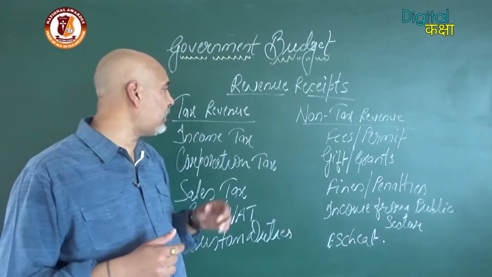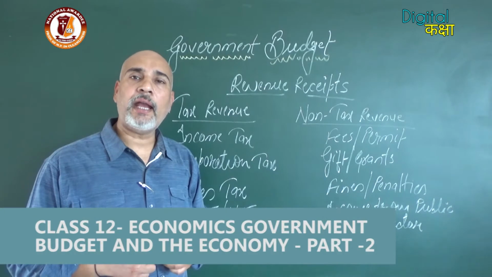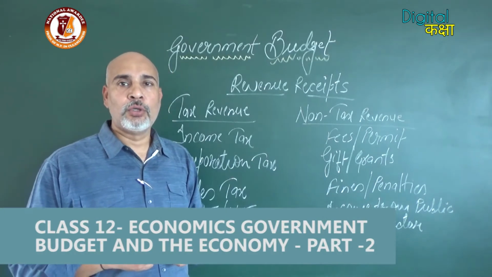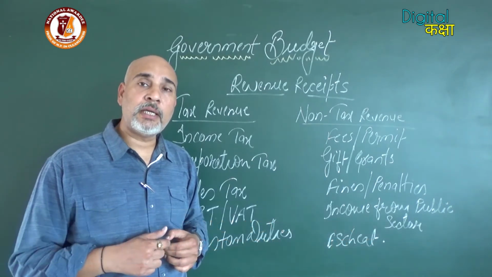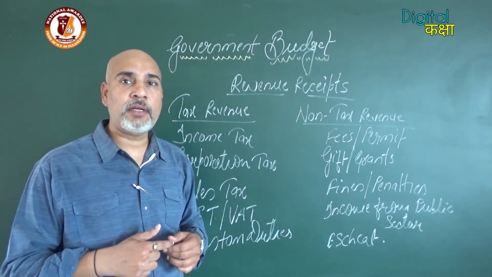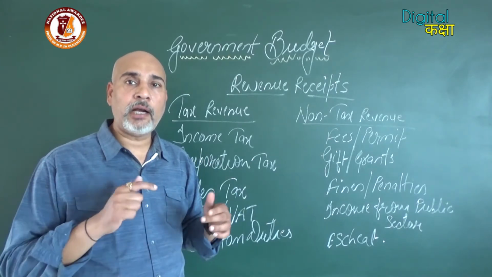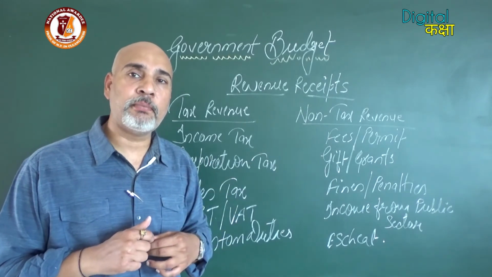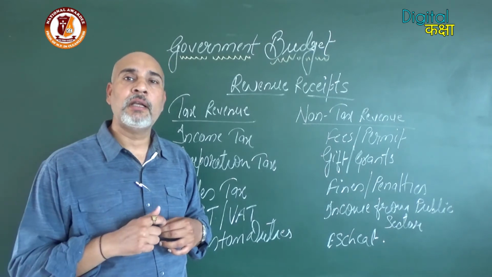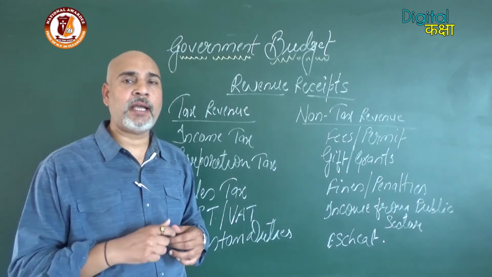Now further we can classify tax revenue in two parts: direct taxes and indirect taxes. Those taxes whose burden can't be shifted to another person. That means if I am liable to pay, I will have to pay. I can't shift the burden to another person. That comes under direct tax, like property tax, income